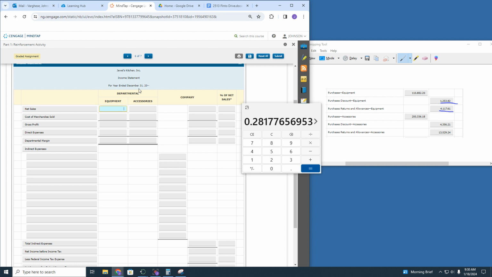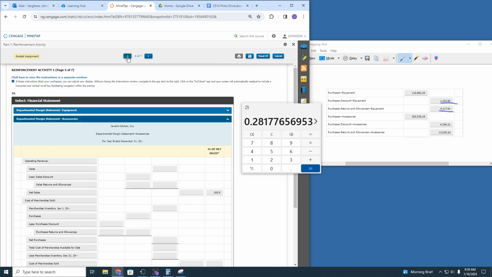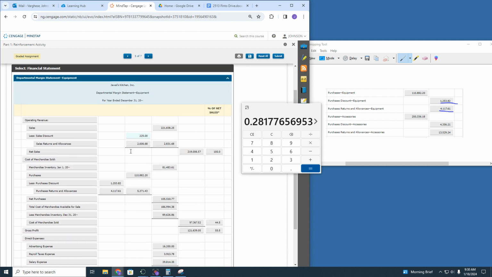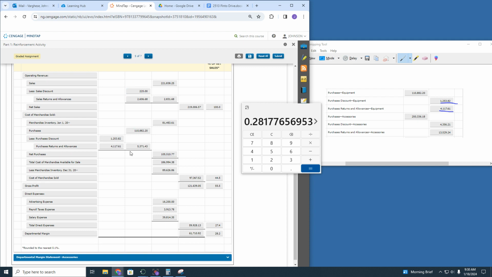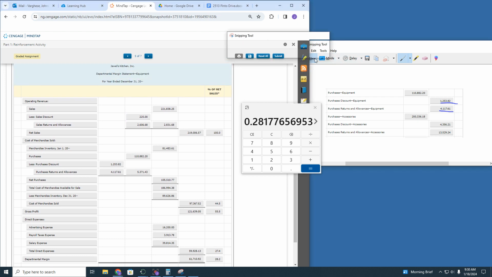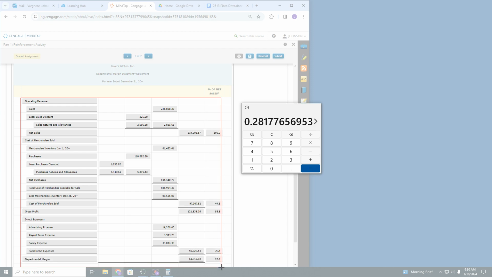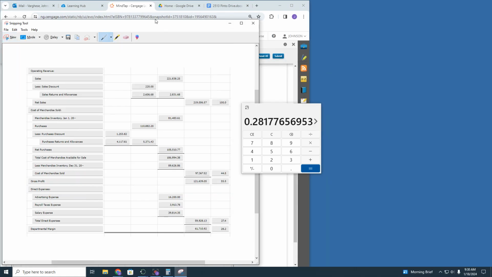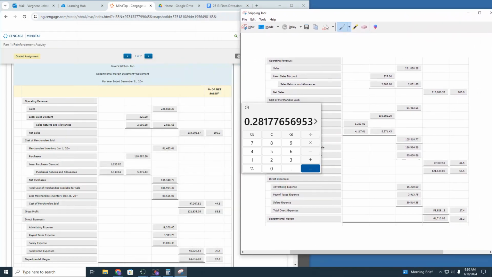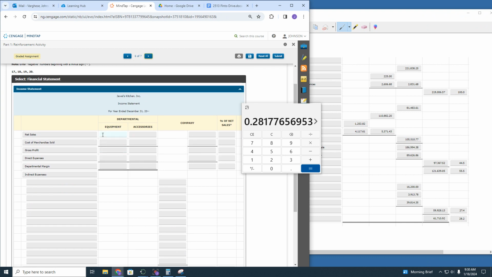All right, so for net sales for equipment, I'm going to grab this information from here. So let me go ahead and snip this. And I'll bring this over here while I work on page 6. So for equipment, my net sales